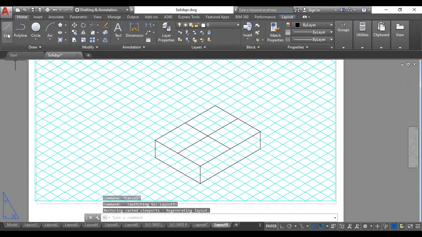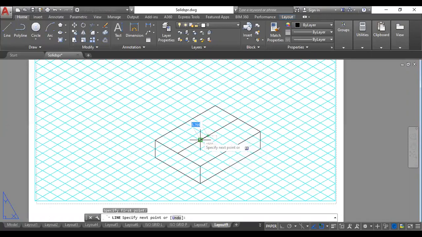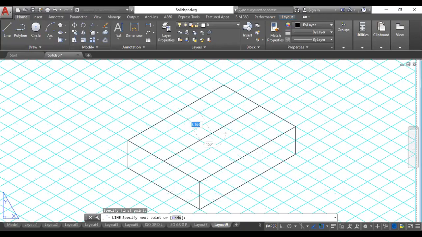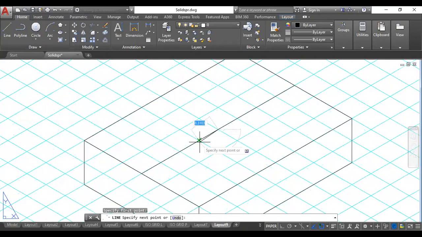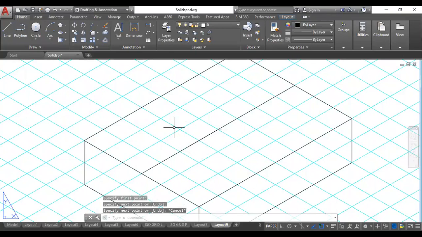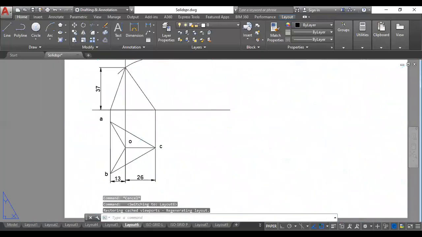So I will take the line command. I got the center, so I'll delete this line because I know where the center is exactly. From here, I'll come 13 back. 13 means here to here is 1 unit, and here from the center would be 13. But let me take it as 15 because 13 is difficult to count. If I delete this line, you will be able to see it. So this is the center. From the center, I have come back 15, which is nothing but this distance from the center to here.